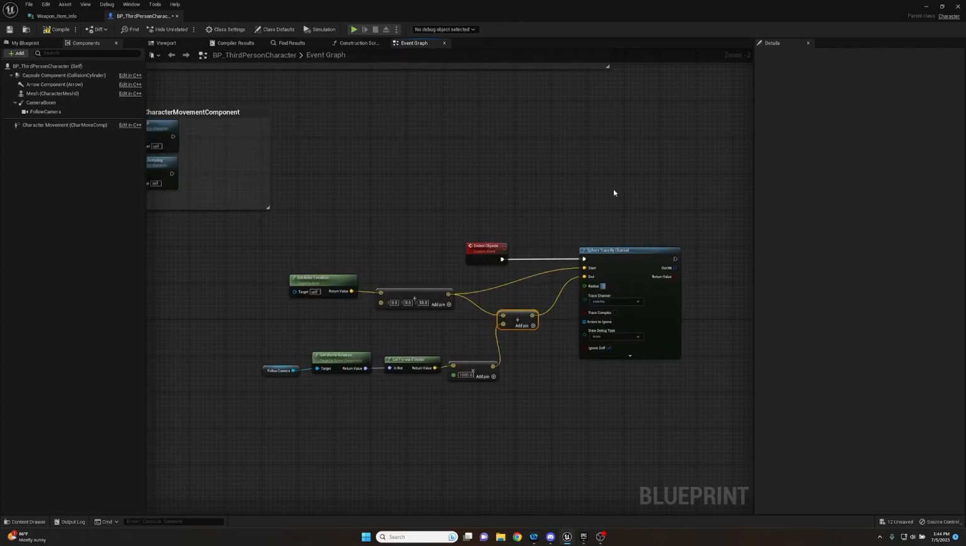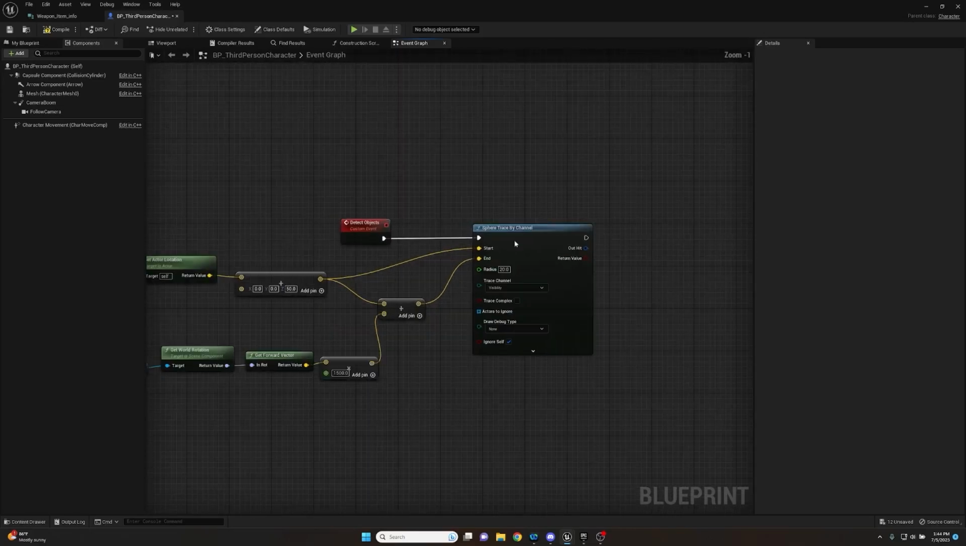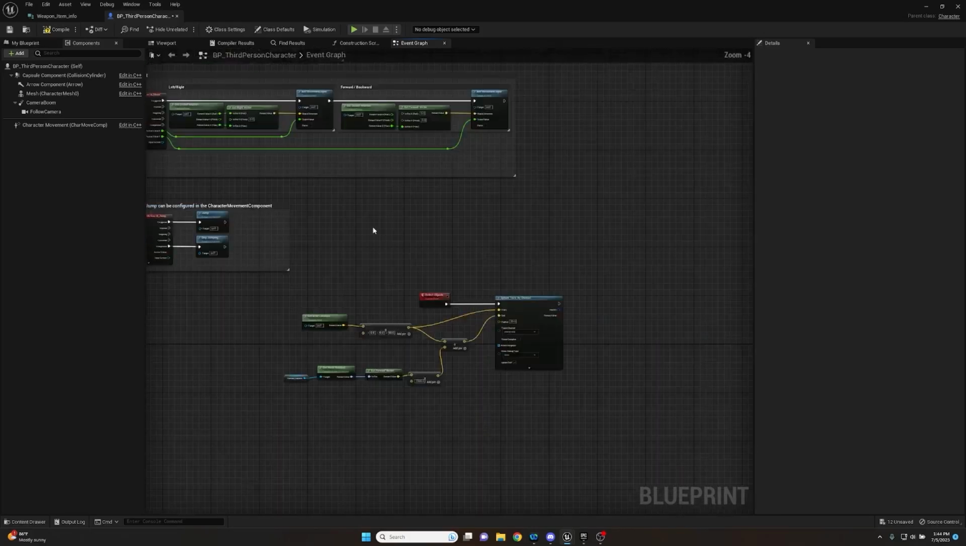Now for the radius, I like something around 20. You don't have to go this big, but I like a larger one just for a nice room for error. And then the trace channel, we're going to take the drop down and set it to interactable. So now we have a simple trace that's going to happen, but we also need to find a way to